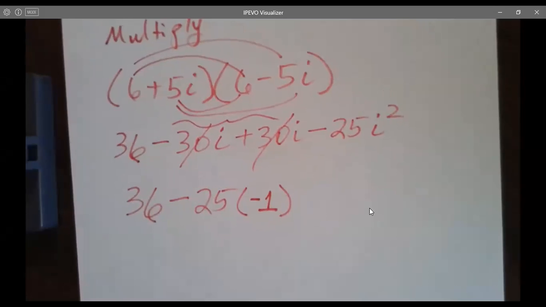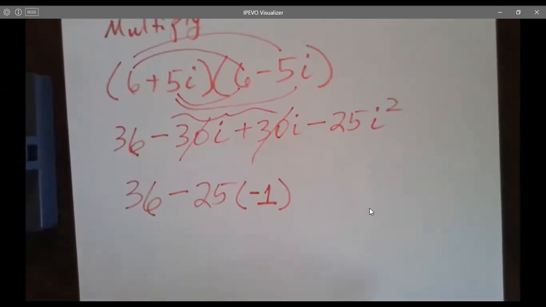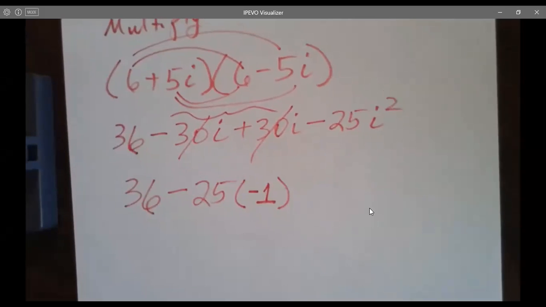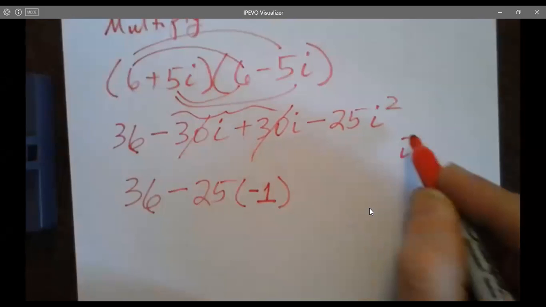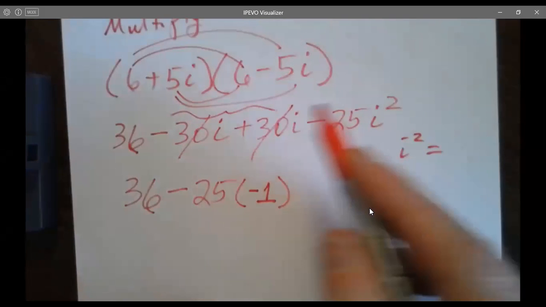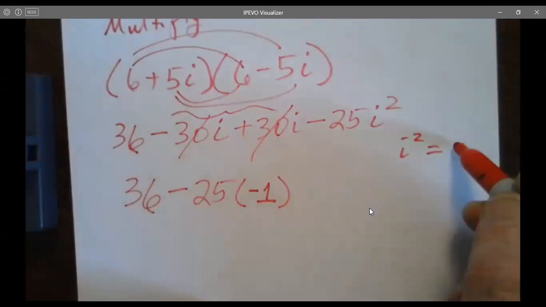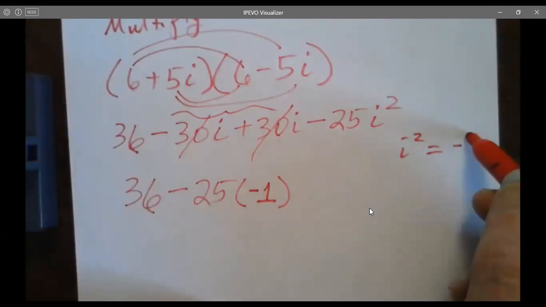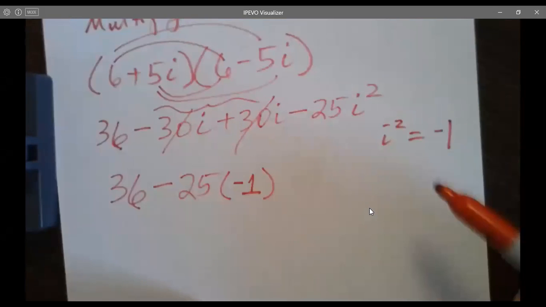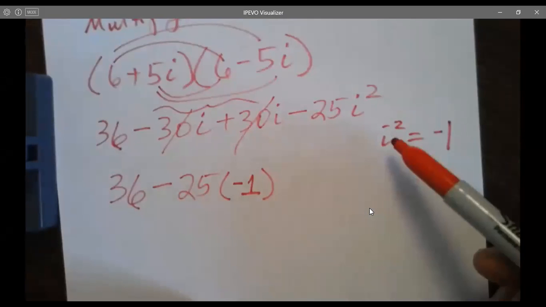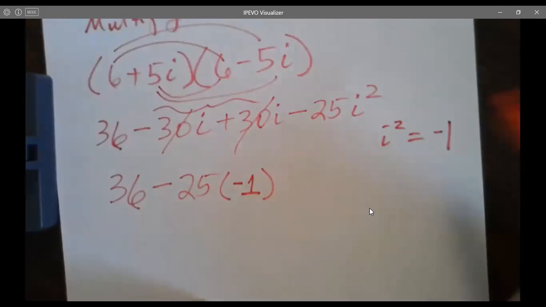I have a quick question. Yes. Is i squared always negative 1? Yes. Always. So for complex numbers, i squared always changes to negative 1. Whenever we're dealing with imaginary or complex numbers, i squared always changes to negative 1 because